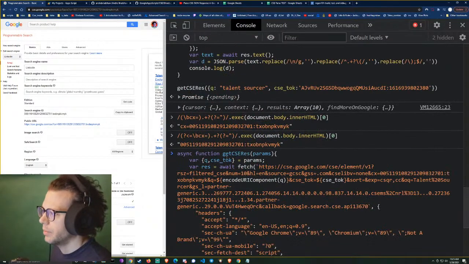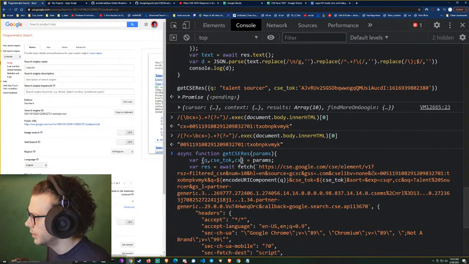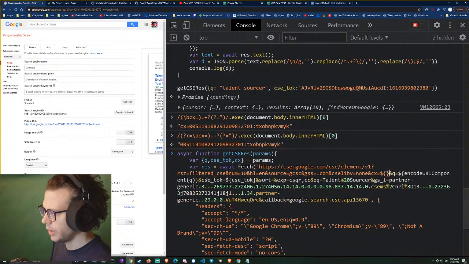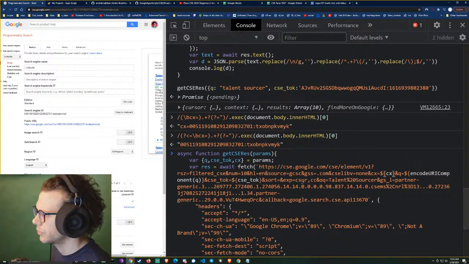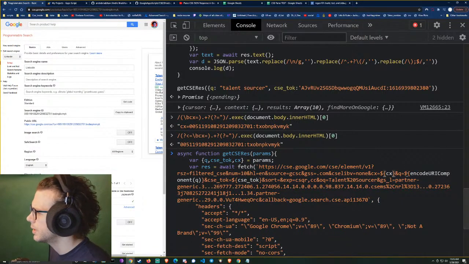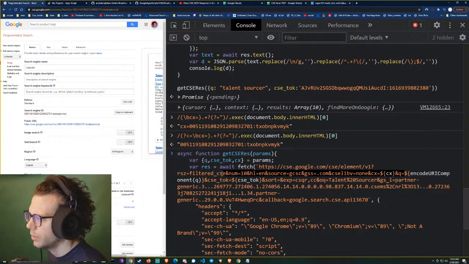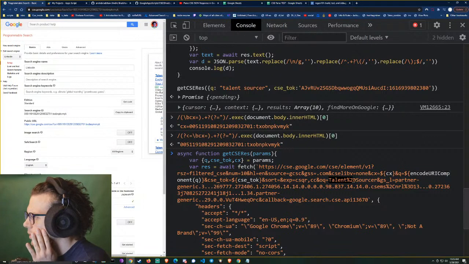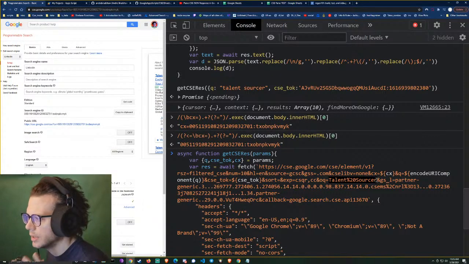Now we need up here to define that and replace it here, like so. We're moving along. And then here we need to do the same thing, apparently, with this. I don't know why it is